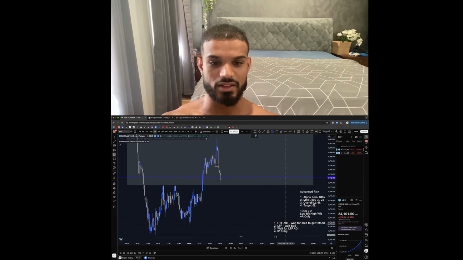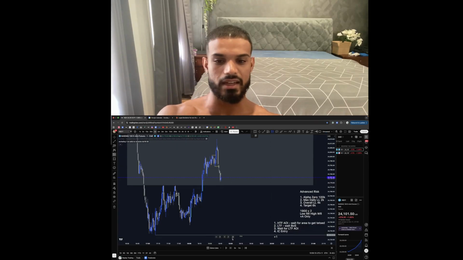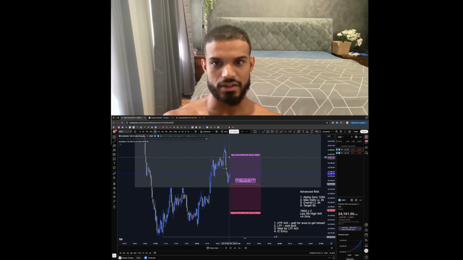Great. So coming back to our trading, higher time frame area of interest, we can see that we have this 30-minute gap here. We have our breaker structure right here. Now we're just waiting for our lower time frame area of interest and our IC once again. So let's kind of play this out. All right, perfect. So you can see we want to be entering here, and